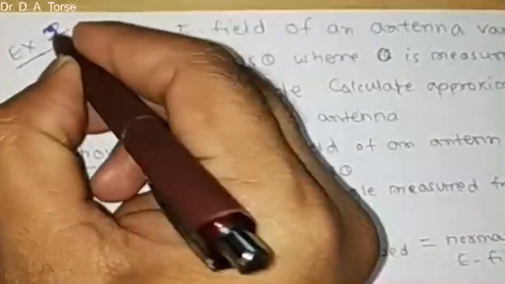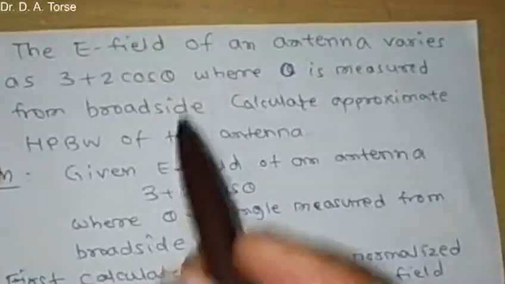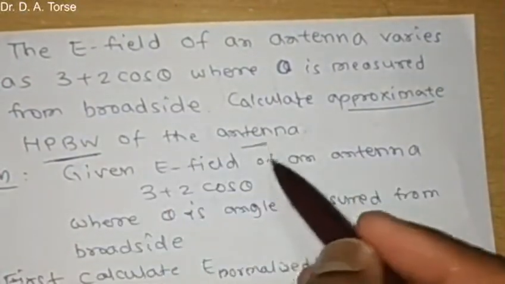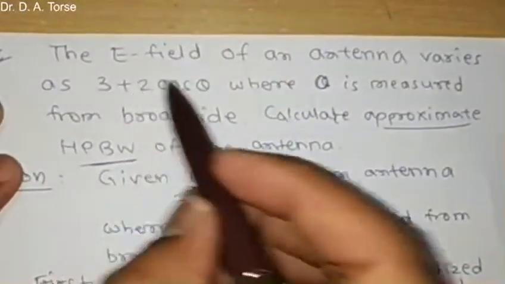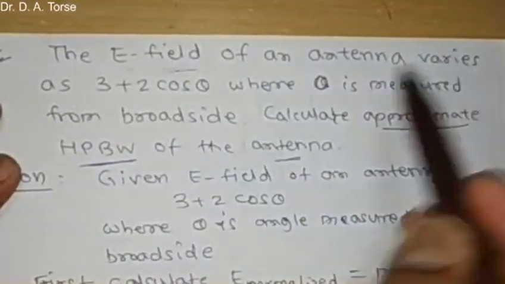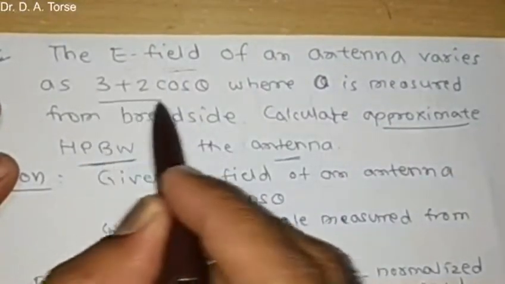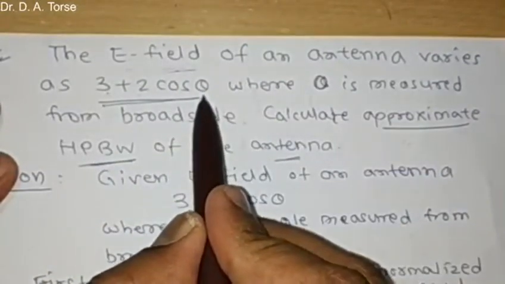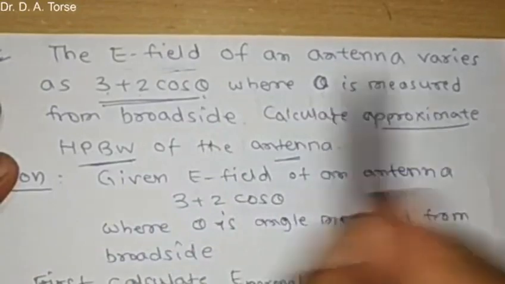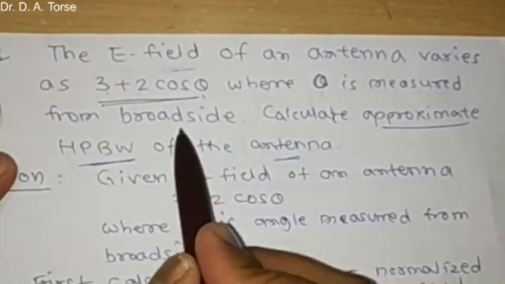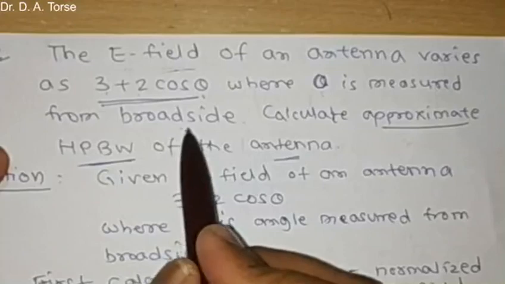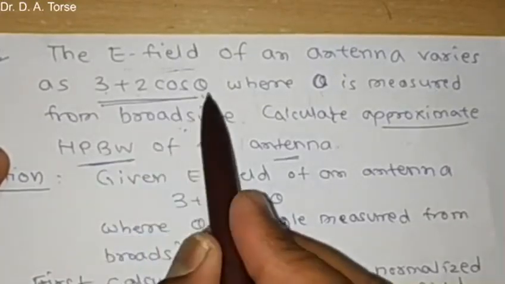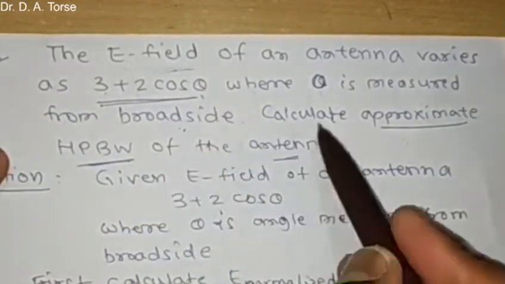The second example is again to compute the approximate HPBW of an antenna, and in this case the electric field of the antenna is given by this equation, 3 plus 2 cos theta. So we can see here again only one angle is mentioned, theta, and that theta angle is measured from the broadside. The broadside and end fire are two types of arrays, and we will be learning these types of arrays very shortly. So 3 plus 2 cos theta is the equation of electric field, and we need to compute the